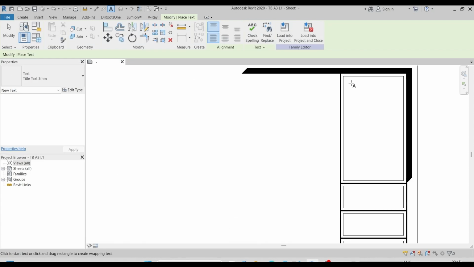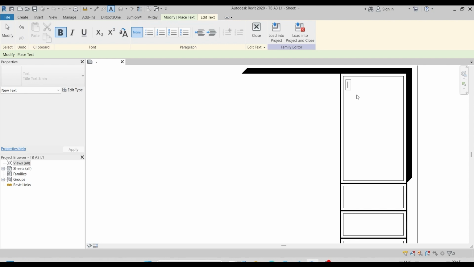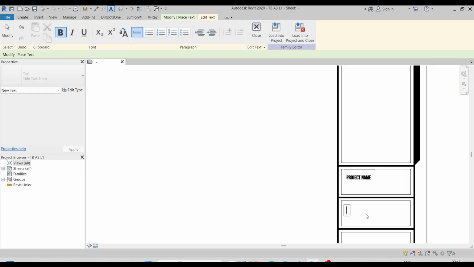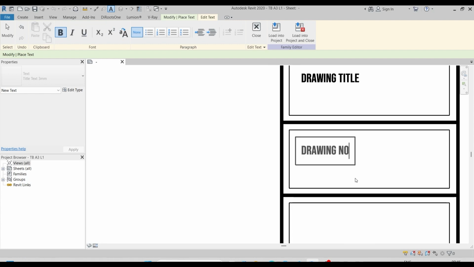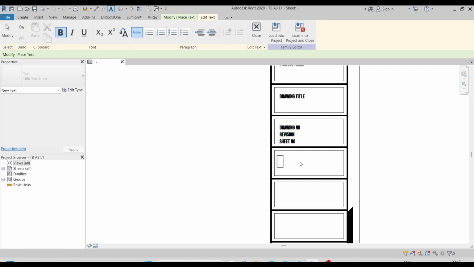First I click over here and I put notes. Then I come over here and I give project name. Over here I give drawing title, then drawing number. Here I just hit my enter key to add some more text in the same bundle. Revision, then sheet number. Then I click on the next box below to escape from this bundle and to start a new group